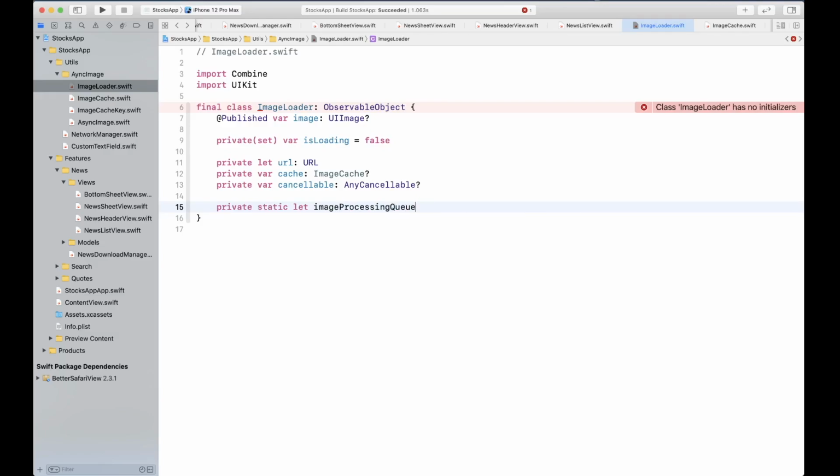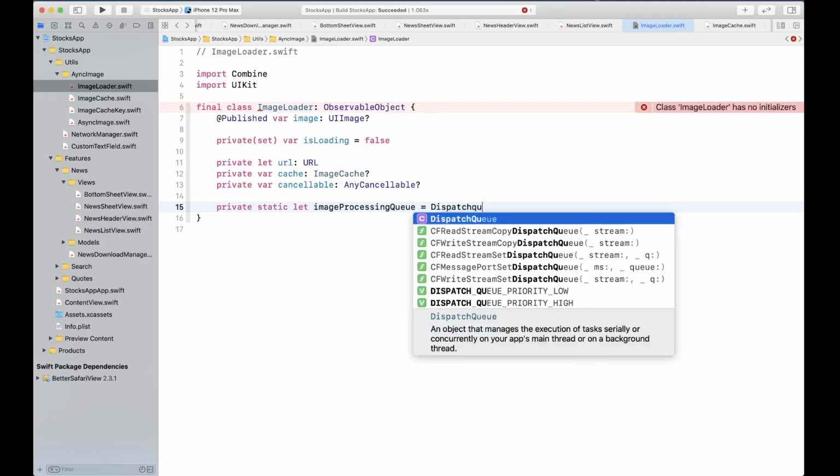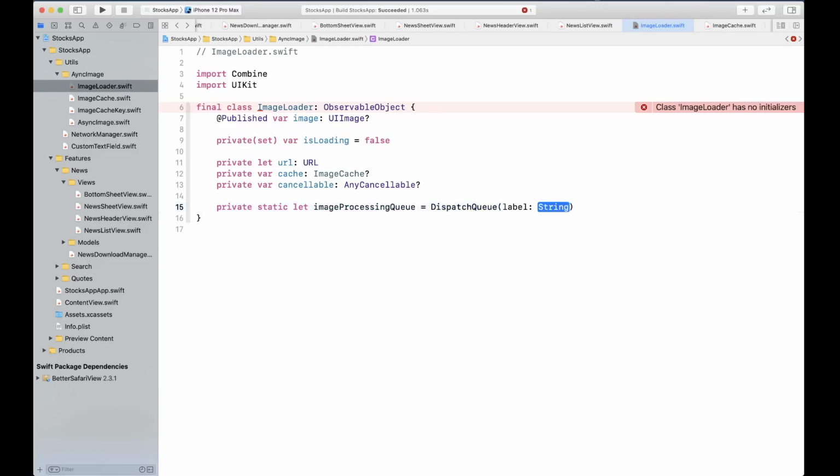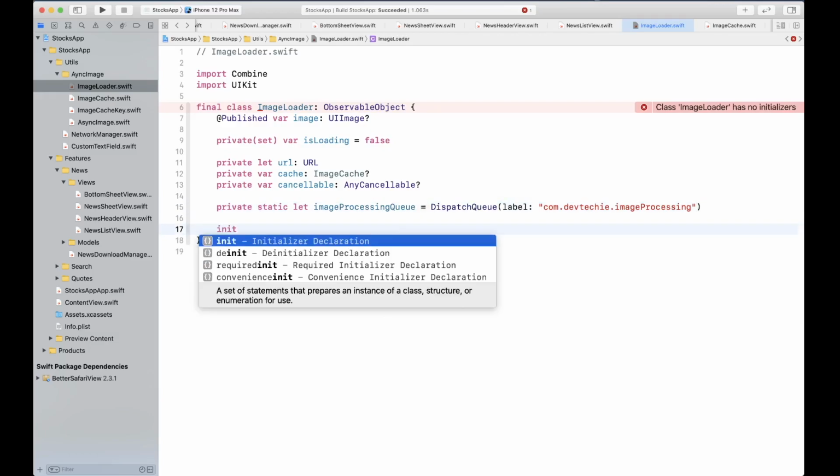So we're going to create its own dispatch queue with label, and we're going to name this one com.devtechie.imageprocessing.